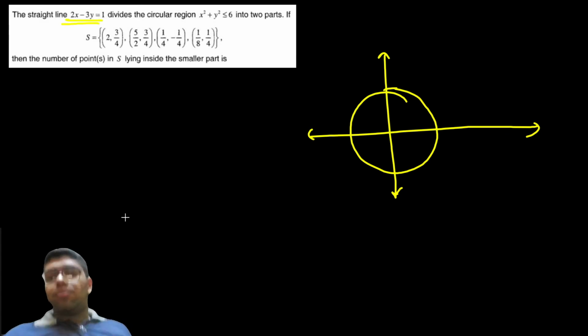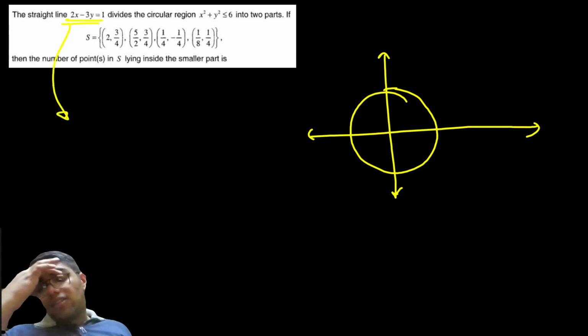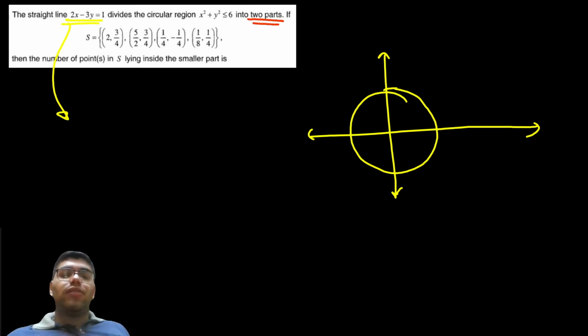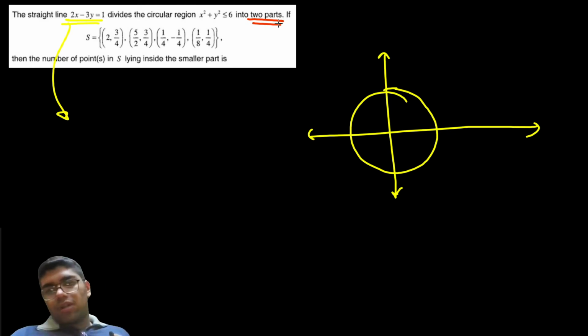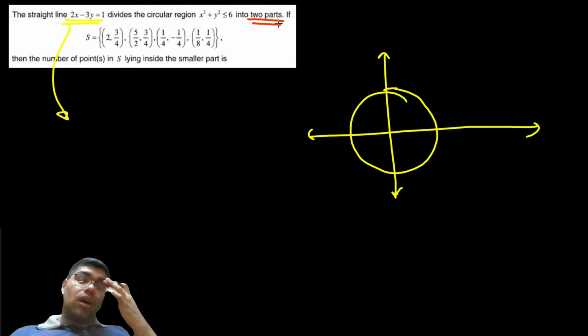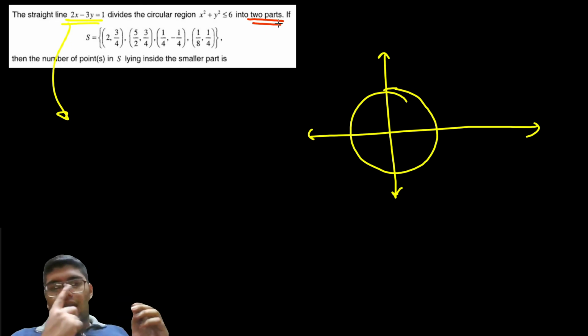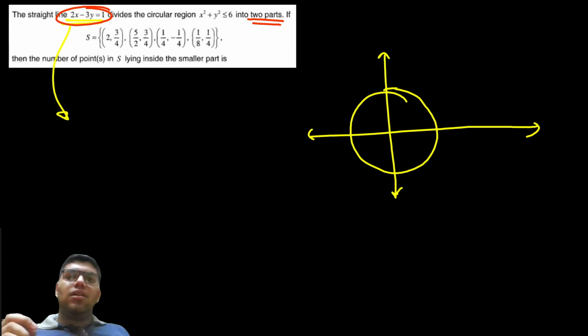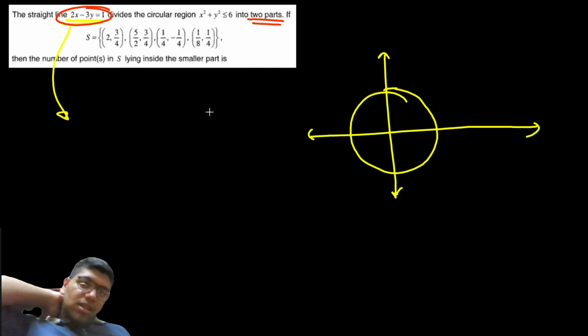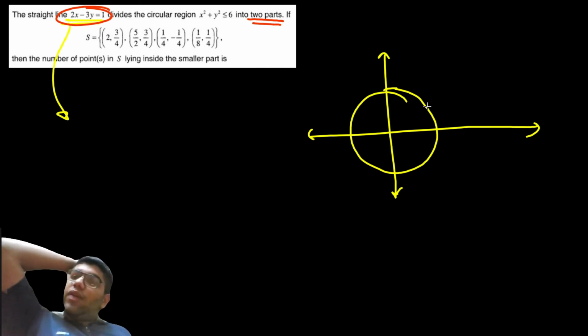See, 2x minus 3y is equal to 1. So the first thing that I checked, because I was not intending to find something like this. Advanced may or may not give me this, so I'll try to say, if it is not given here that it is splitting into two parts, then it has basically been done to frame the question, but the question for us is that we have to develop understanding. So first of all I have to find what is the distance, because it is not necessary that it should be less than root 6. That is the point that I wish to convey. Sometimes it is not given that it splits into two parts, so you can find the distance.